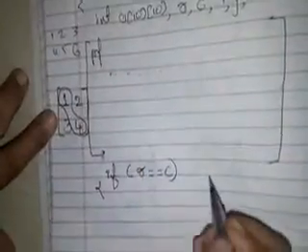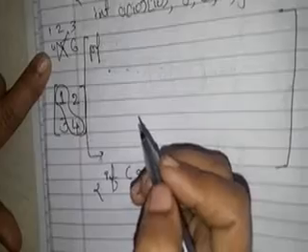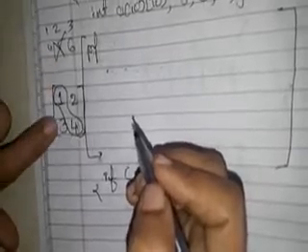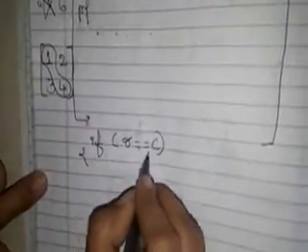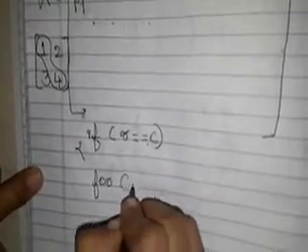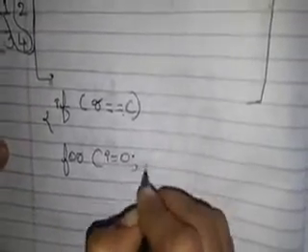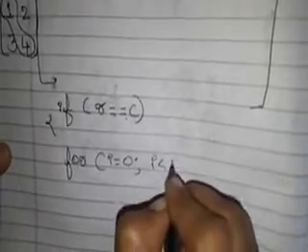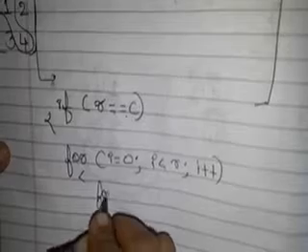Assume if I take a different one, can I tell the principal diagonal elements? No, because columns are 3 and rows are 2. That's why you should check it. If R is equal to C, then only I can proceed. Next, fetch the elements. How to fetch the elements? The same logic: i is equal to 0, i less than R, i plus plus. For j is equal to 0, j less than C, j plus plus.